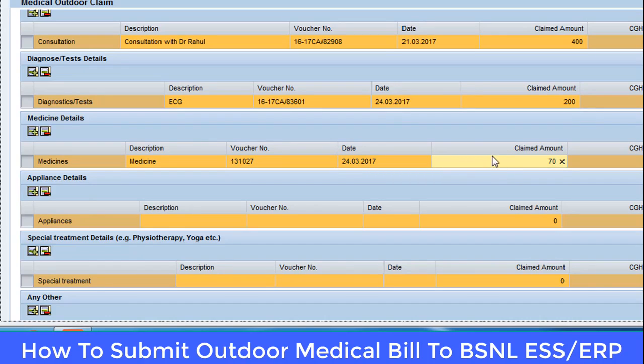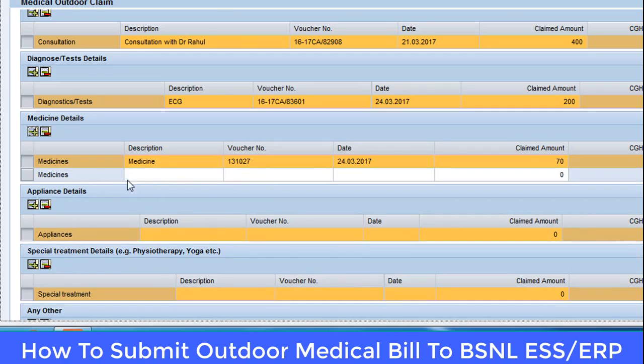So I have filled up the 70, and here I will enter the second medicine that I have purchased, the second bill I will say. So click on this plus button, and one row will be added here, and in that I will enter the details. Okay, so I will write the medicine here.